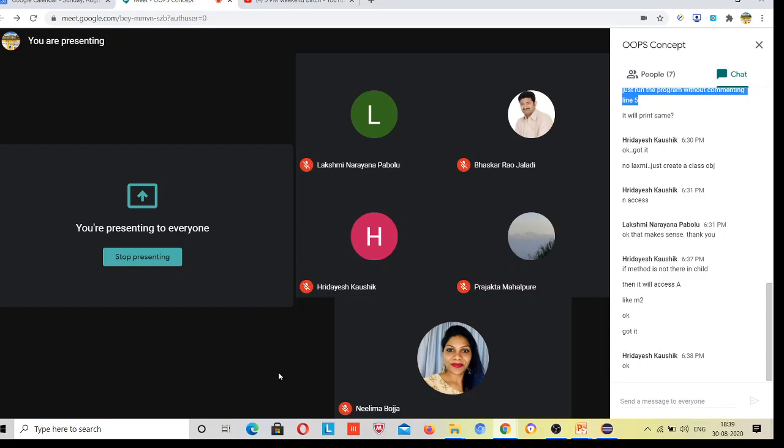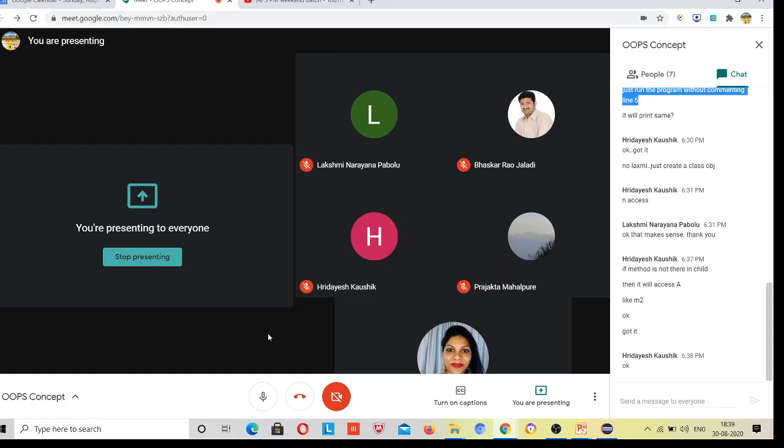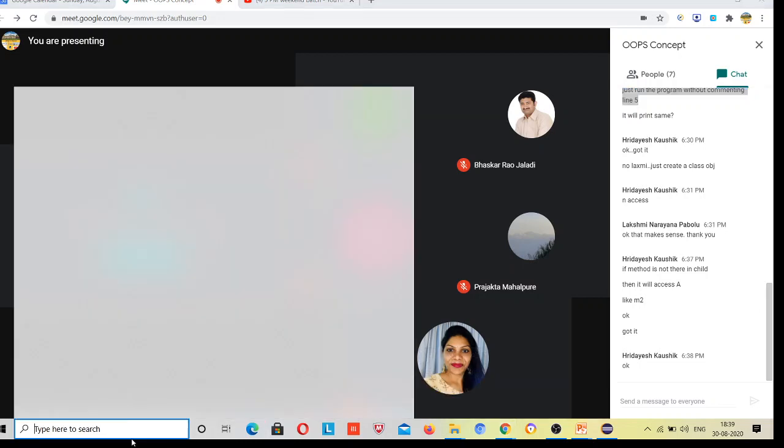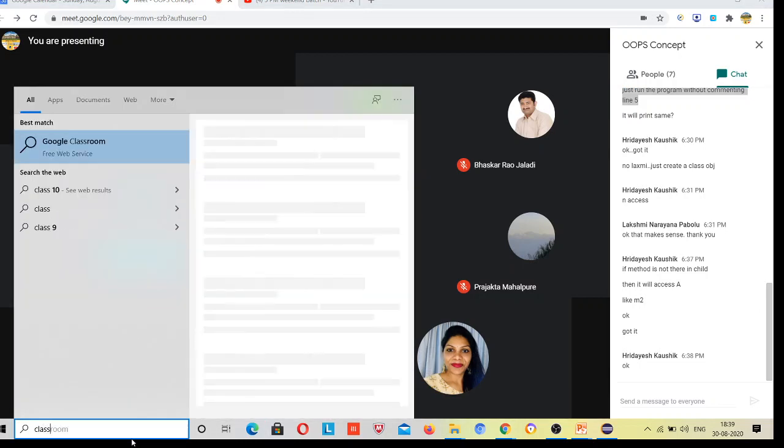Okay, so this was overriding, inheritance, multi-level, single and hierarchical. Multiple inheritance is not supported in Java. Why? Just because of constructor chaining. Let me show what constructor chaining is in Notepad.